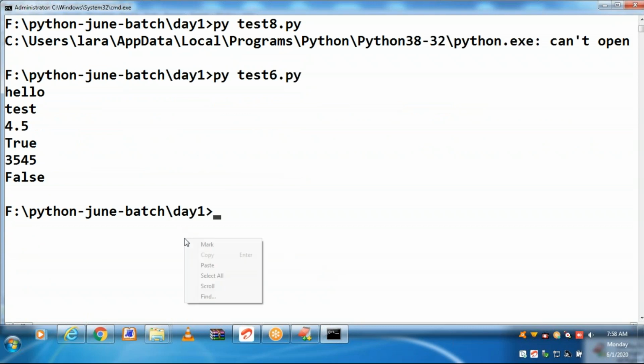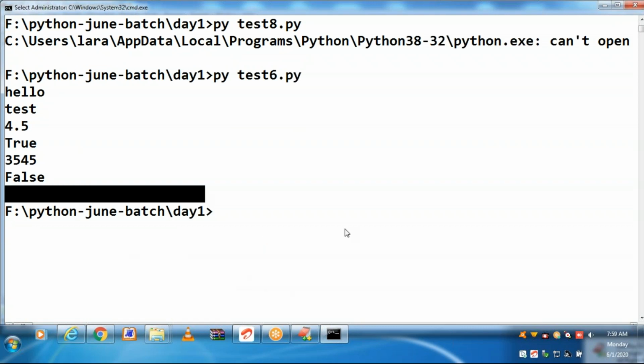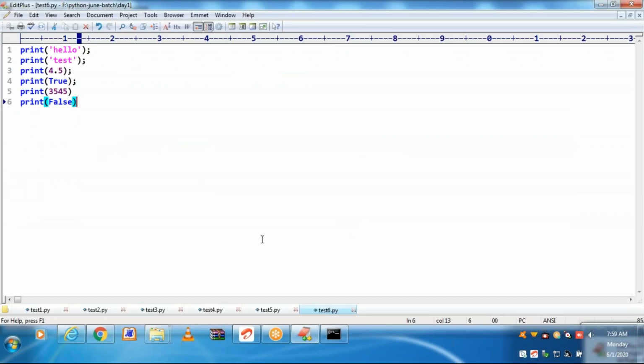That is why for the last print you are getting a blank line. So ending a statement with a semicolon is very optional.